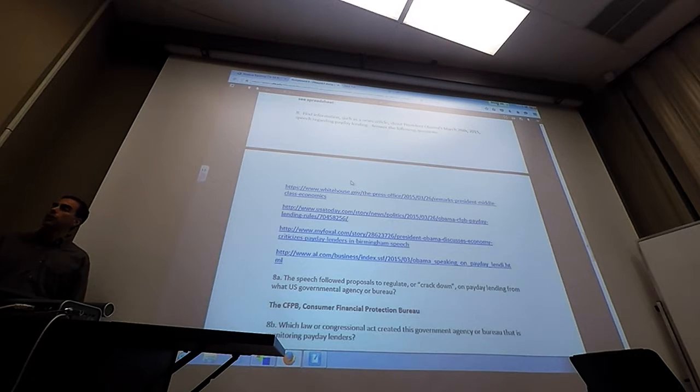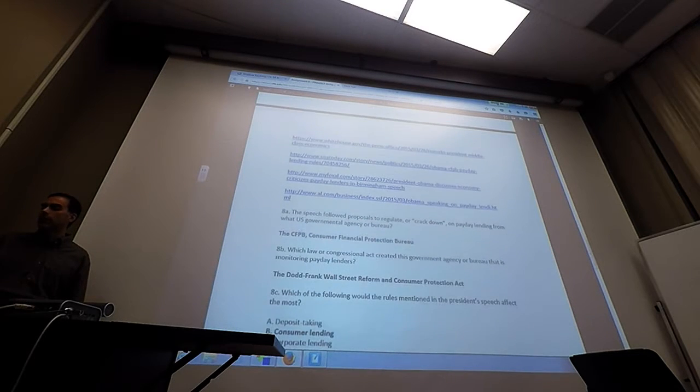And there's a brand new regulator from the last couple of years, the Consumer Financial Protection Bureau, which is tasked with regulating these consumer level lending services. One of the things that they're really trying to regulate a little bit is the payday lending industry, and that's what these articles were about.